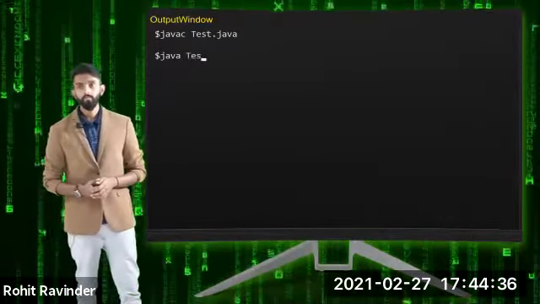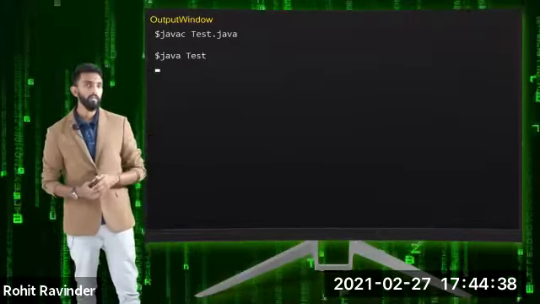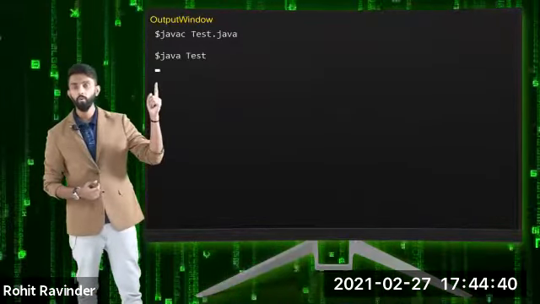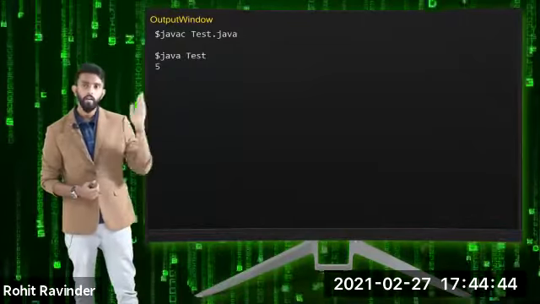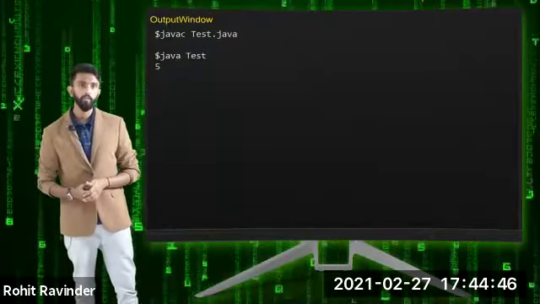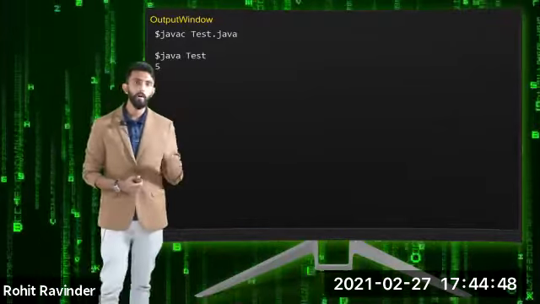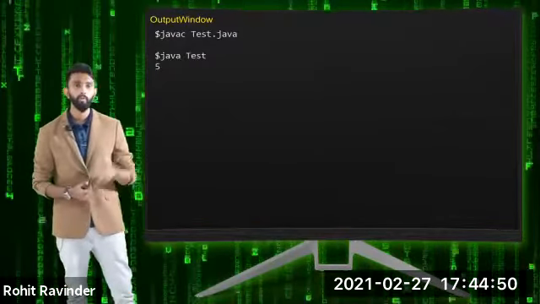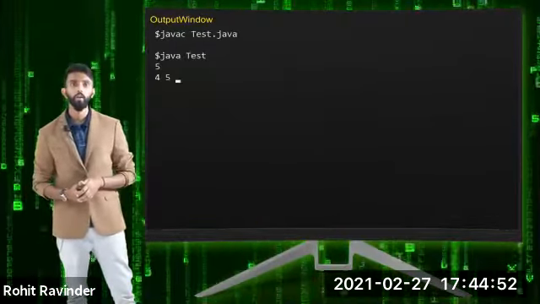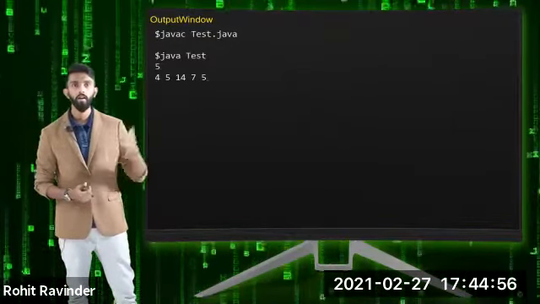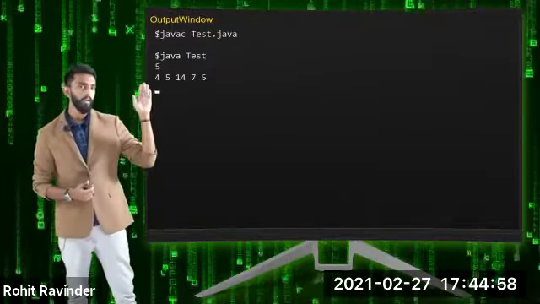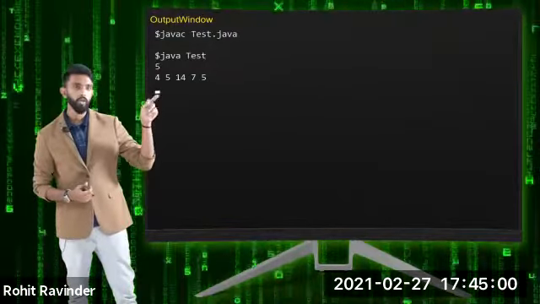If I press enter, then the keyboard is waiting for input. Which input? N. How many students? I'll tell 5. Next, I'll give the same input, whichever we gave. So some heights you can give. If you can give the same inputs, it will be good. Yeah, 4, 5, 14, 7, and 5. Correct. Okay. Now, next input is height of the wall, 6.